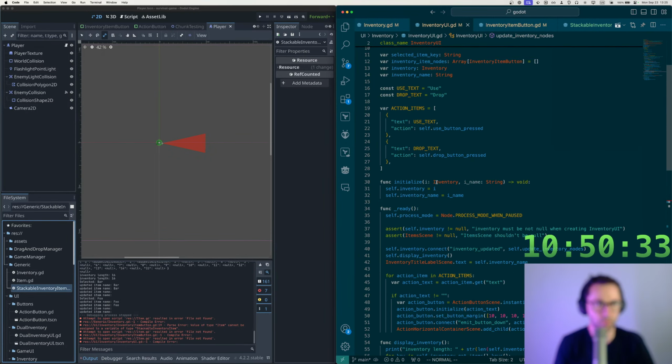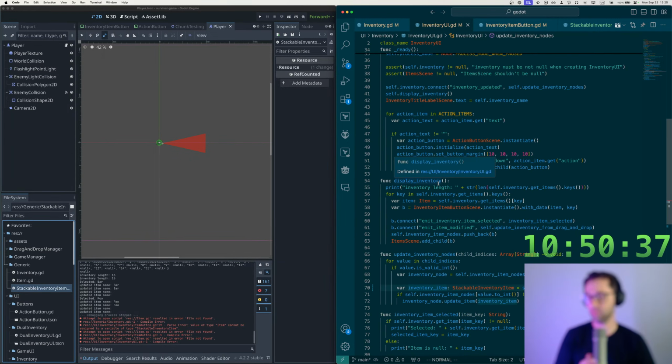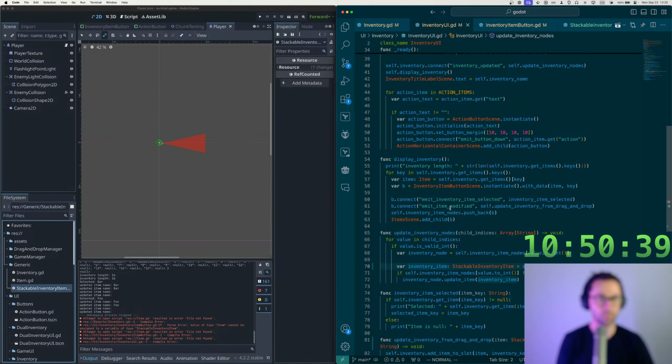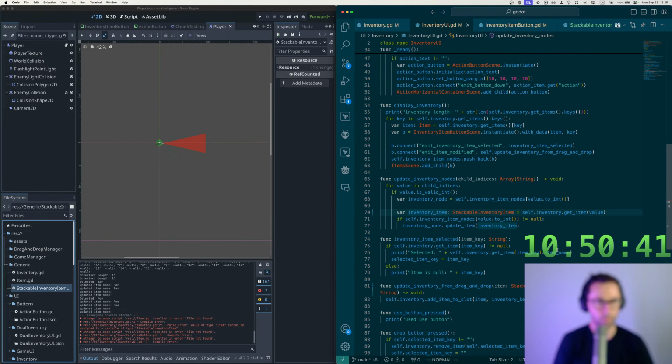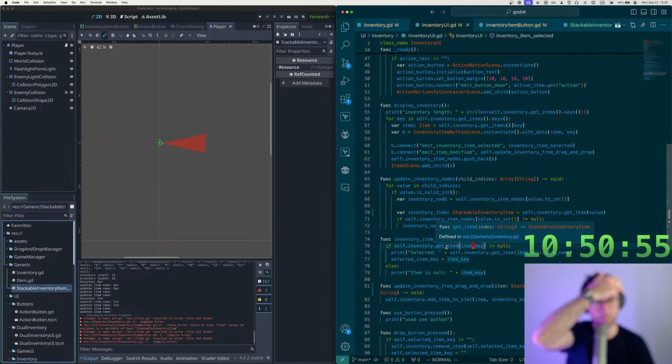Okay, I don't think we're quite there yet. I'm missing something. Okay, so this is definitely going to fail. That's not how you get the item name from a stackable inventory item. So get item stackable. Why is it letting me do this? Okay, I actually think I need to